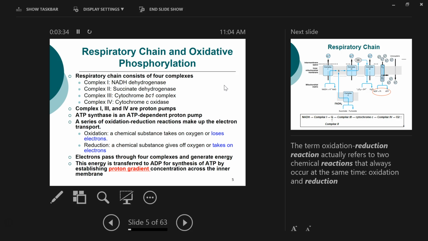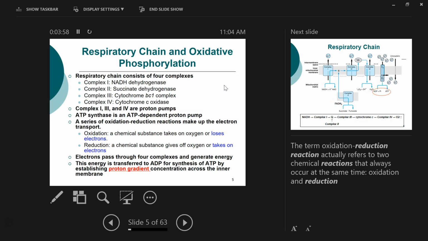But we're not going to go into all the details of what kind of enzymes are in each complex. It's not just one enzyme, right? Several enzymes work together. And an important thing that you need to know is that complex 1, 3, and 4 actually